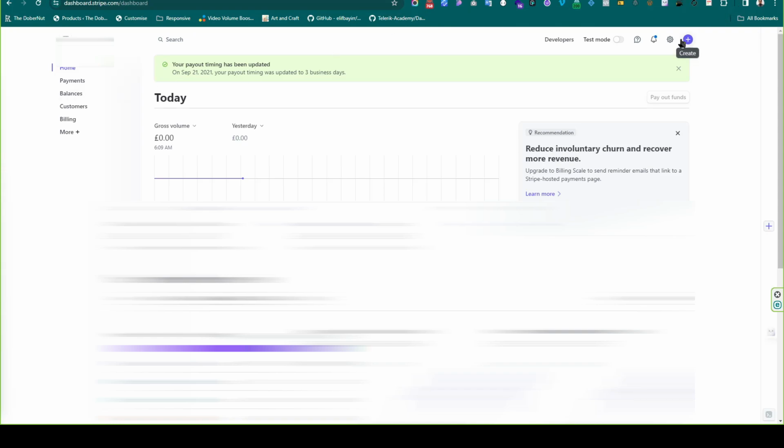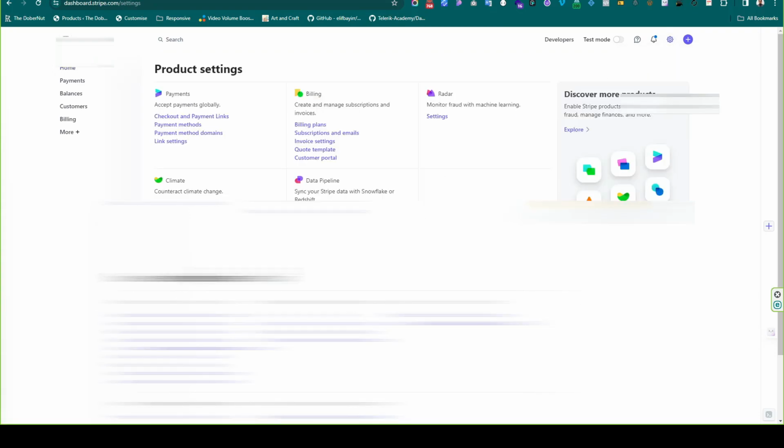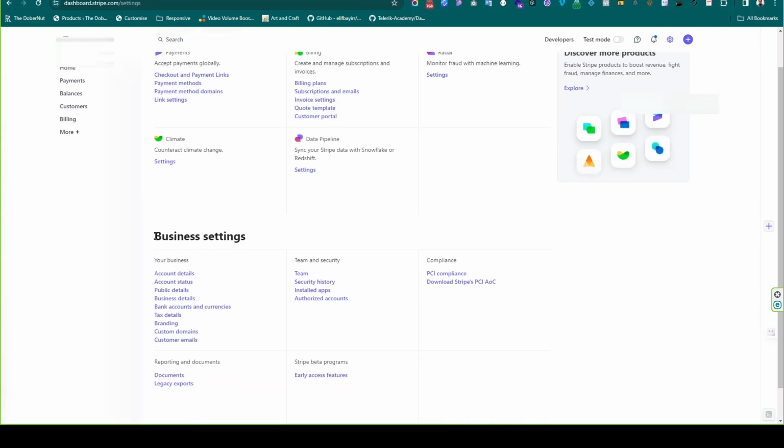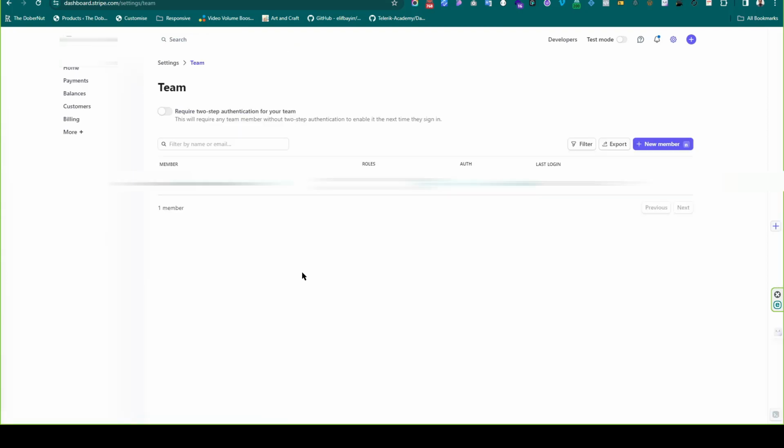Here you can see the settings icon. Just click on the settings icon, and here you can see settings again. Click on settings, and if you scroll down you can see the business settings, and under business settings there is team and security, and here you can see the team option. Just click on team, and here you can see the option for new members. Just click on new members,